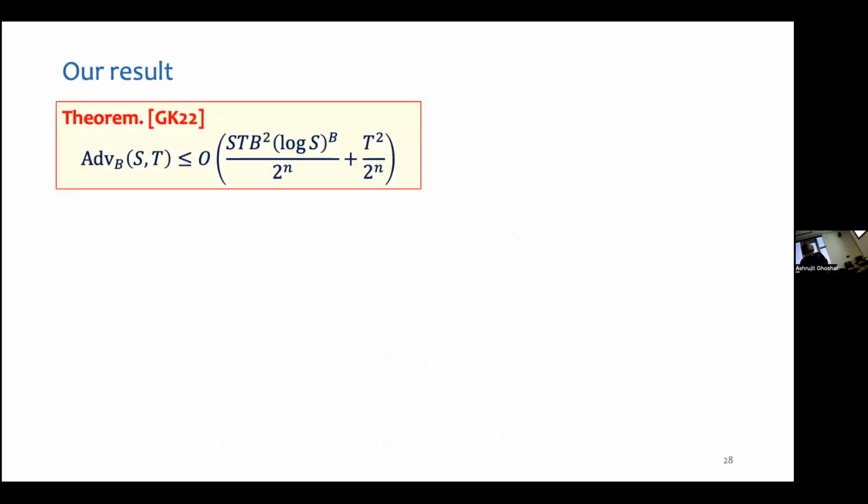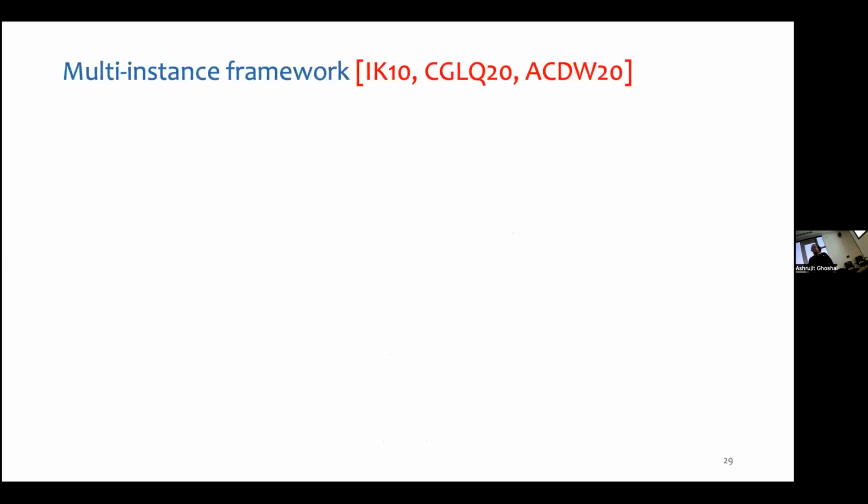So this is the result that we prove. Again, it's a complicated looking expression, but for constant values of p, this bound shows that this ST attack is essentially optimal. Okay, so the proof of this